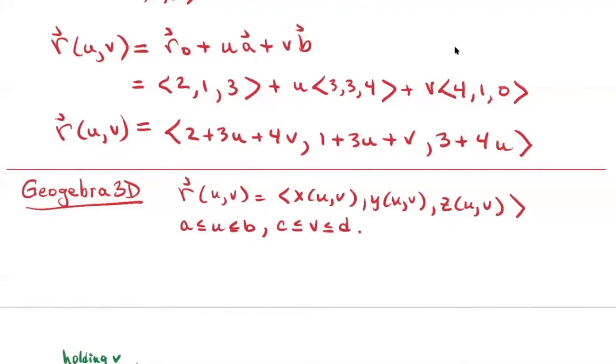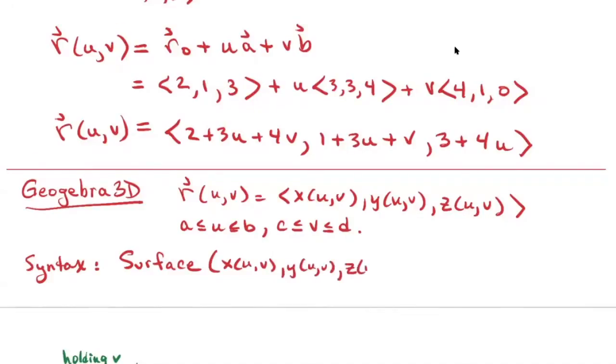Okay, and then in GeoGebra, you would just type. Let's just write the syntax. You would just type surface, and it doesn't have to be capital S. So you would say surface, you list your x of uv, your y of uv, your z of uv, and then you give the limits on u. You would just say u, comma a, comma b, and then v, comma c, comma d, and that'll graph your